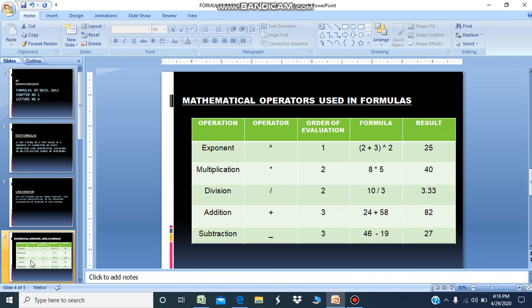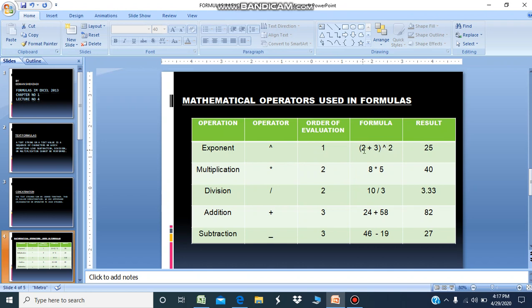Now let's talk about some mathematical operators used in formulas. You can see these mathematical operations and their order of evaluation: exponent, multiplication, division, addition and subtraction. Any operation contained in brackets will be carried out first, followed by exponents.